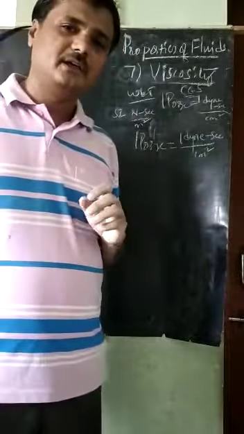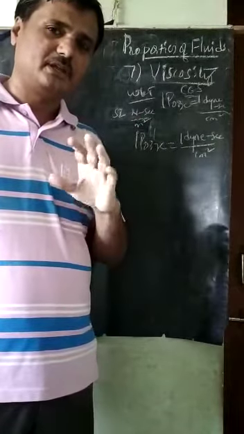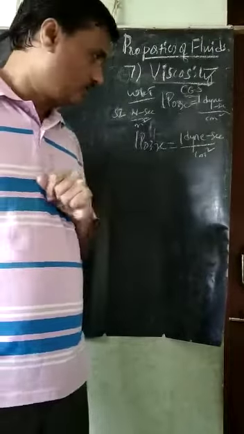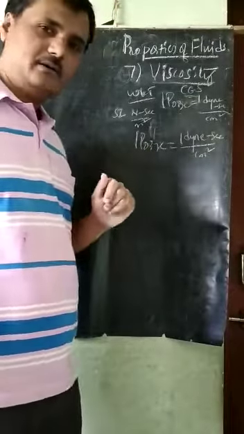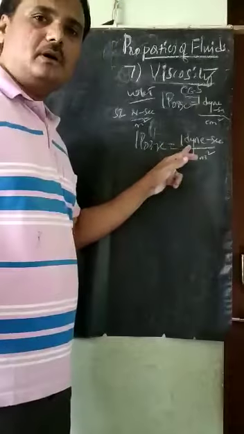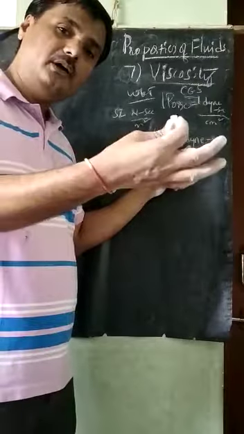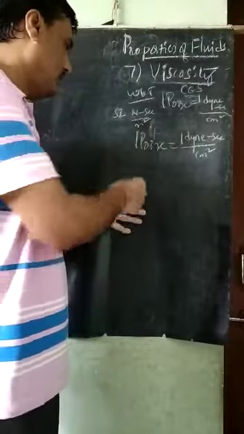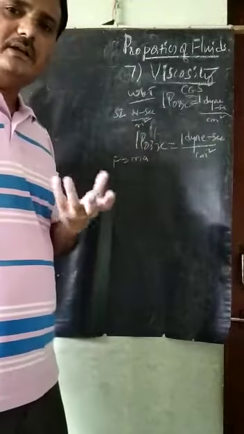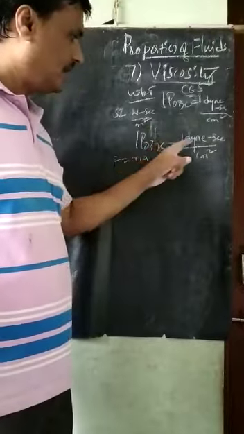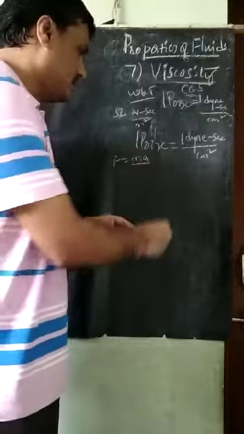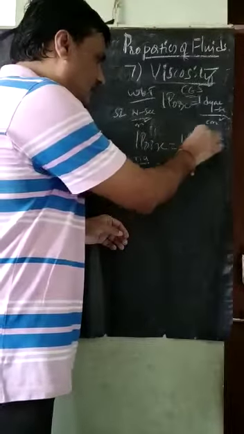As we are studying now, the unit conversion of the dynamic viscosity from poise to Newton second per meter square. Here we left off in the previous video. See here, the dyne, I want to convert this dyne into a Newton. So what is the formula here now? Force is equal to mass into acceleration. That I need to write here now. This dyne is a force. I want to write it in this form, mass into acceleration. So therefore this is equal to, dyne means what?